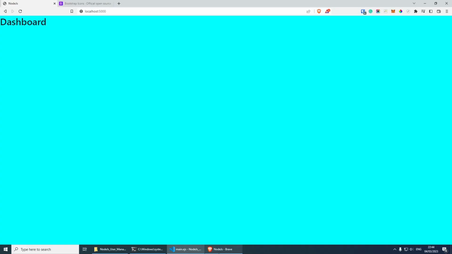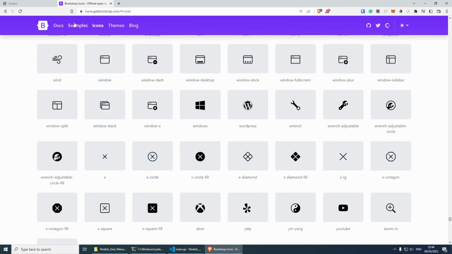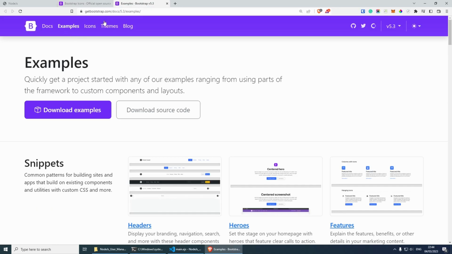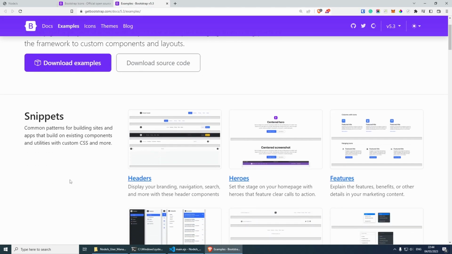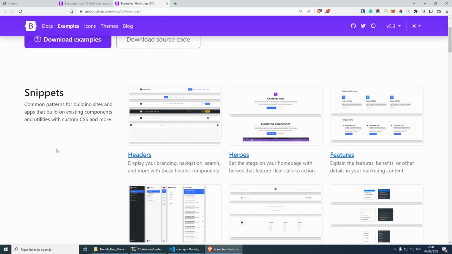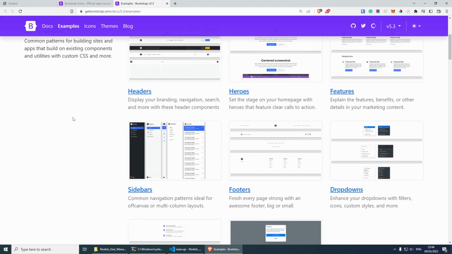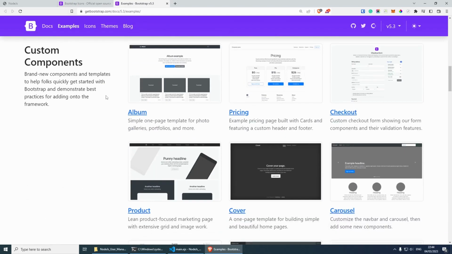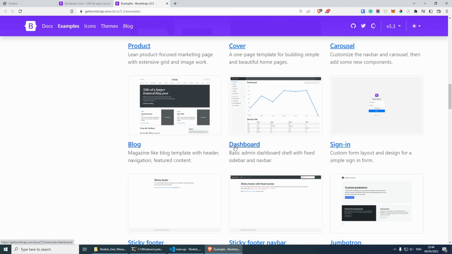Now for this layout, I did use some inspiration from the examples here. So if you go to the getbootstrap website.com, you'll be able to see a lot of snippets that you can copy and paste now, and they will just work. But the one that I used heavily is this one here, which is called dashboard. I'm actually not going to copy everything from here because I've heavily modified it. But what I'm going to do is potentially create a little file for you that you can copy and paste, because it will contain some CSS that I'm going to show you now. So make sure you pause the video, copy the CSS, and